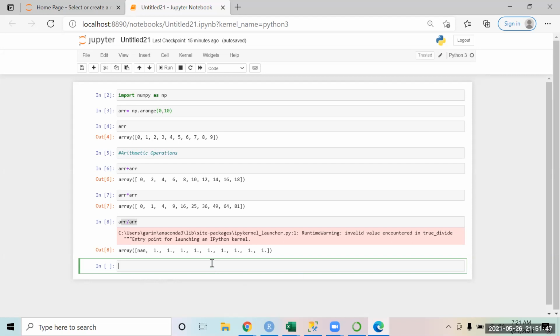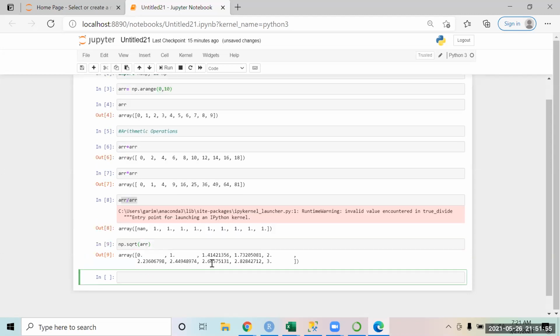If you want to find the square root of an array, you can say np dot sqrt, and it will find the square root values. If you want to find the exponential, e raised to the power, you have the np dot exp function.